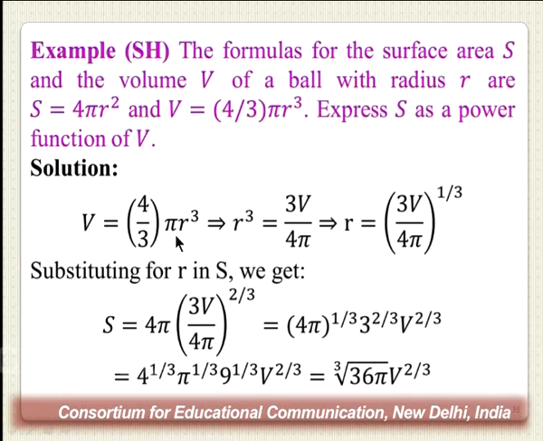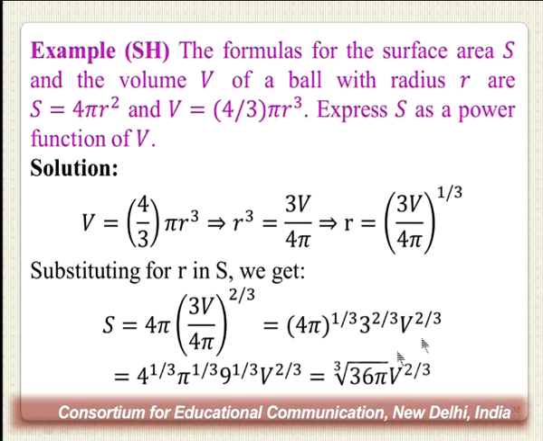We have V is equal to 4/3 pi r cubed. So what I'm first going to do is simplify for r, and I get r equal to the third root of 3V by 4 pi, and then I'll substitute this value of r that I found into the expression for S. So S is equal to 4 pi r squared, and then r squared would become (3V by 4 pi) to the power 2/3, because I'll get a 2 here when I take r squared. Once you simplify this, you have 4 pi in the numerator and (4 pi) to the power 2/3 in the denominator, so that becomes (4 pi) to the power 1/3. We get 3 to the power 2/3, and that times V to the power 2/3 once you open up the brackets.